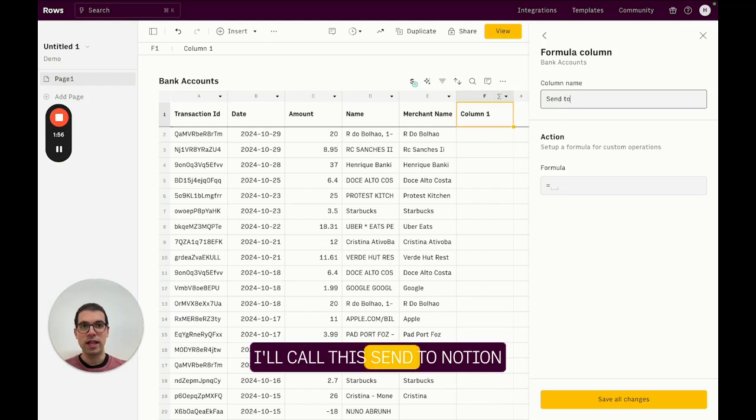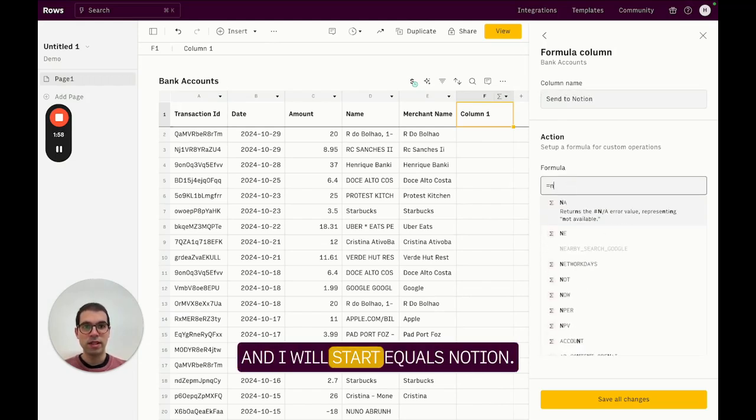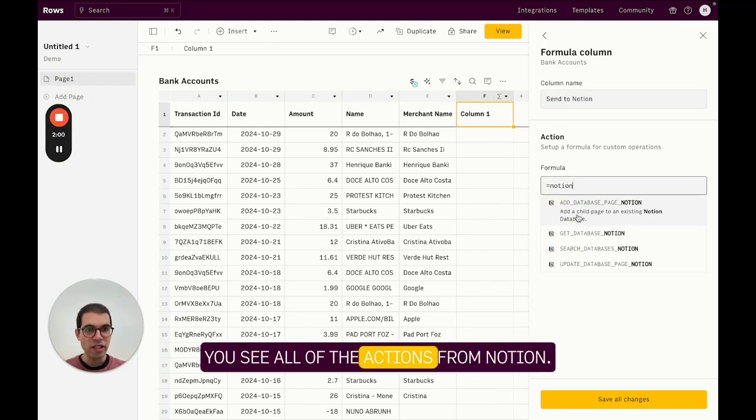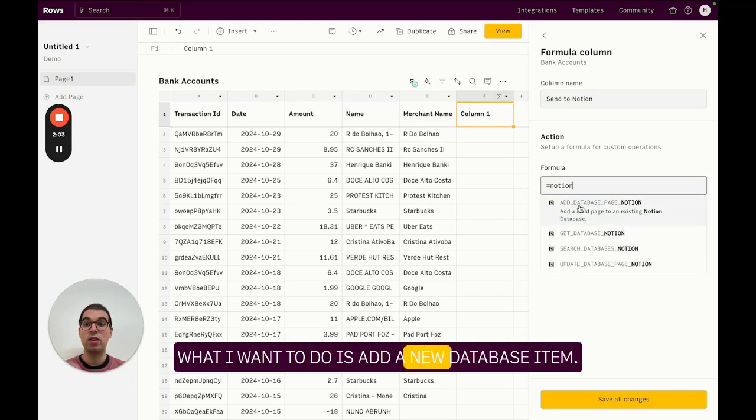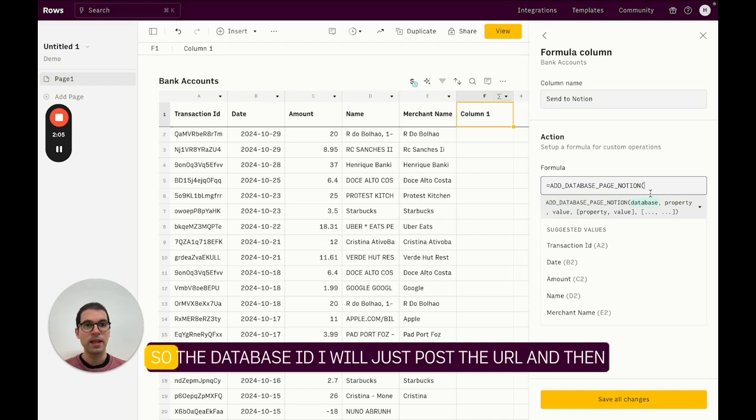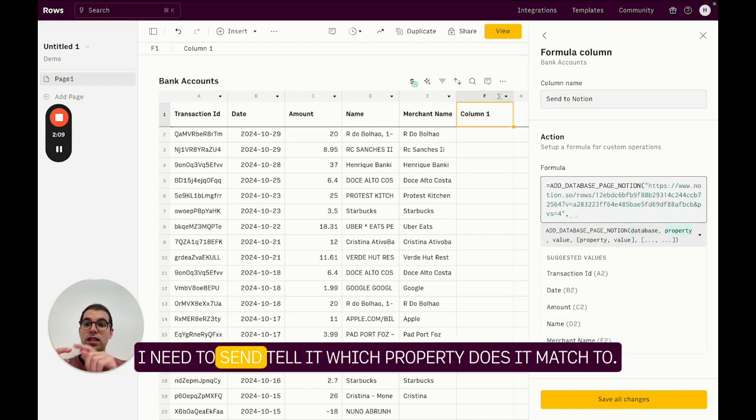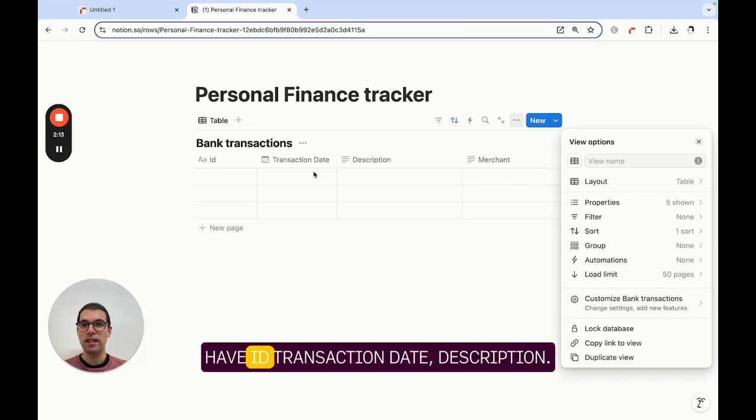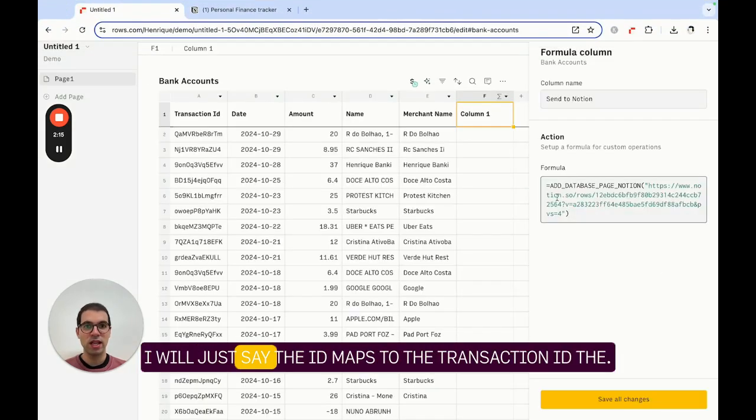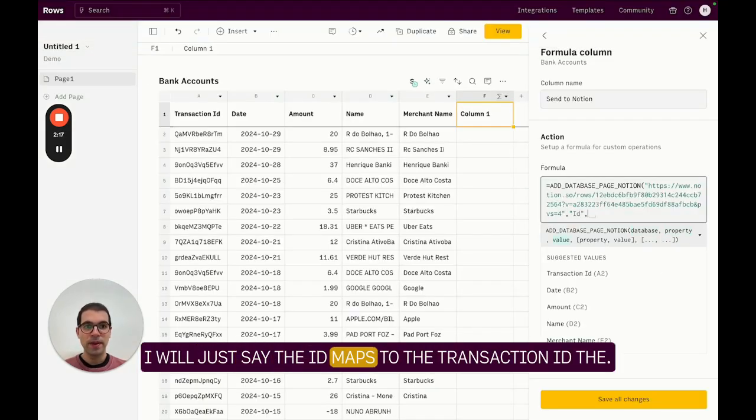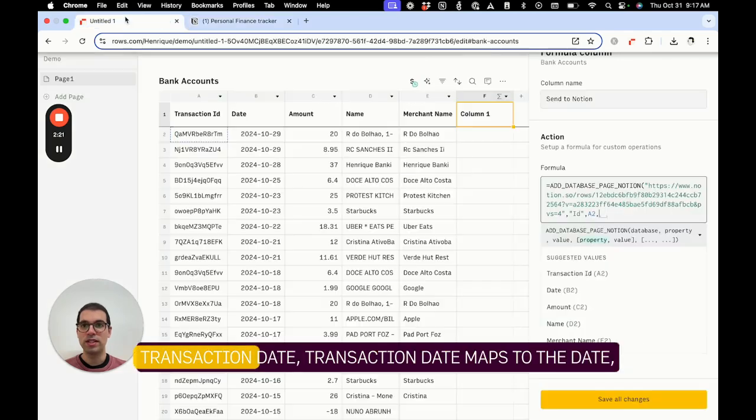I'll call this send to Notion, and I will start with equals Notion. You see all of the actions from Notion. What I want to do is add a new database item. So for the database ID, I will just paste the URL, and then I need to tell it which property it matches to. So in our case, we have ID, transaction date, description. I will just say the ID maps to the transaction ID, the transaction date